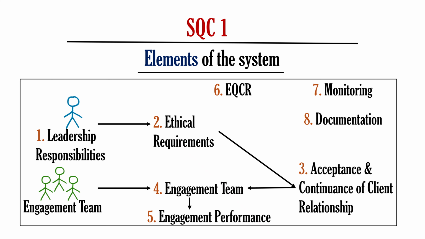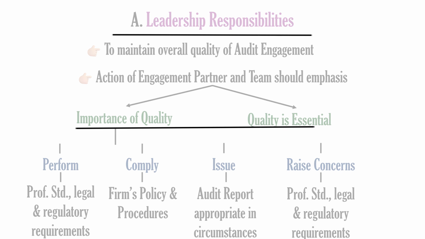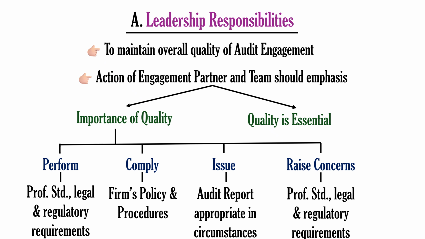The elements of SA 220 are leadership responsibilities, relevant ethical requirements, acceptance and continuance of client relationship, assignment of engagement team, engagement performance, and quality control review, monitoring, and documentation. Starting with the leadership responsibilities, it is to maintain overall quality on each audit engagement. The leader is responsible to maintain the quality of every engagement, and the actions of engagement partner and members of